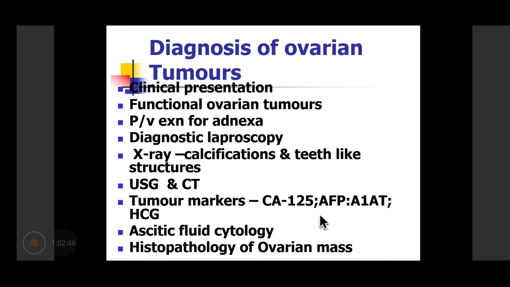remove the lymph nodes, the obturator and the pelvic group of lymph nodes. If it is benign, you need not go in for a radical lymph node dissection. So this is the format in which, when the patient has presented to you, go from the non-invasive to the invasive investigations. Take the help of tumor markers. They will give you a diagnostic criteria, but they will not help you diagnose it. Final diagnosis is by looking at the features of the cells, whether they are germ cells, surface epithelial cells, stromal cells, and whether they are benign or malignant.